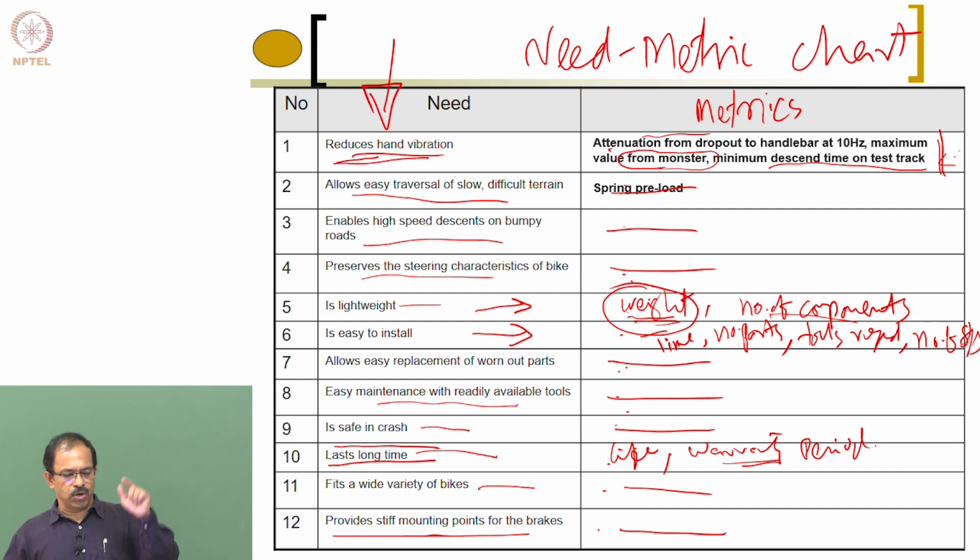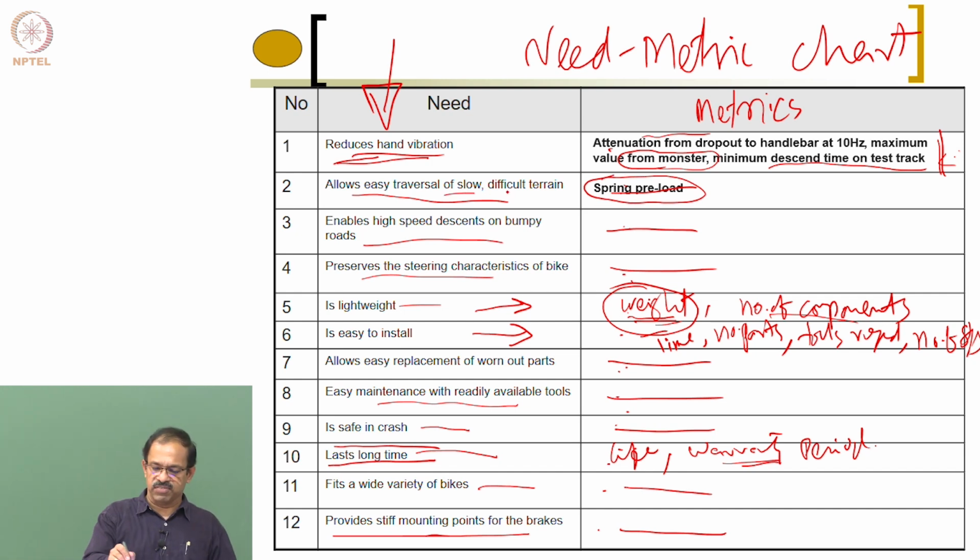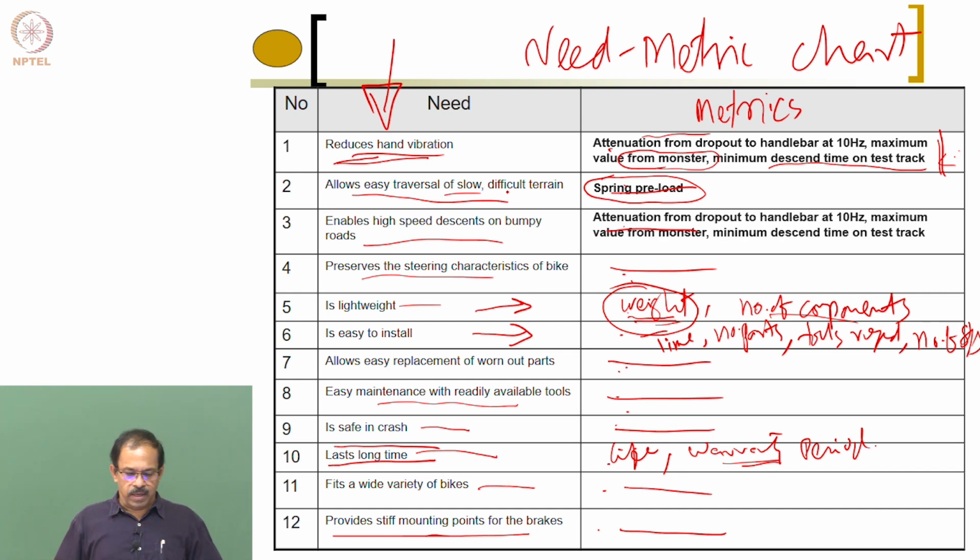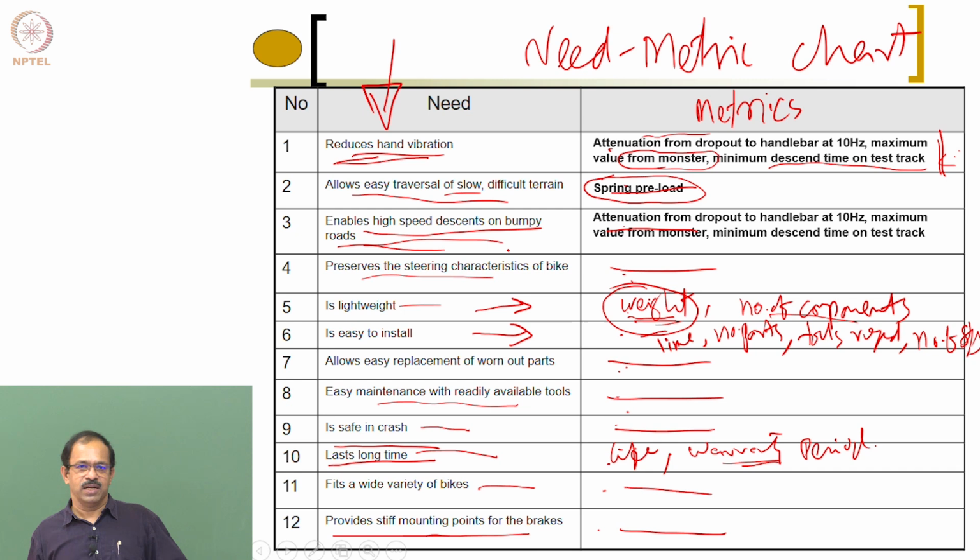So easy traversal of slow difficult terrain. There are some standard tests for spring preload. Depending on the preload of the spring, you can actually get an easy traversal. Then again, enables high speed descents on bumpy roads. It is very subjective, but now we are telling what it means. If you have handlebar dropouts, the attenuation,